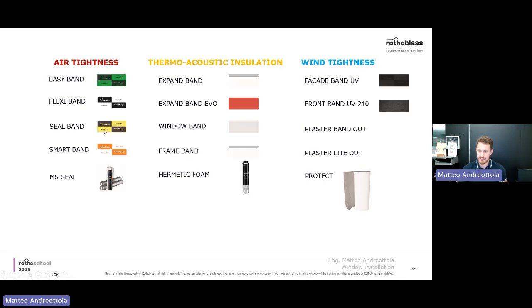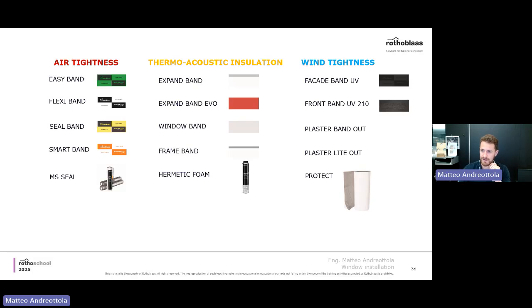I would like to point out some of the ones that are potentially more interesting. Seal band is interesting because it's a tape made of paper, so it's very easy to rip with just your bare hands. That's a very simple one. Don't use it on the outside because it's paper based and it wouldn't work. If you want to use something on the outside, you can potentially use FlexiBand. This one has the main characteristic of having a lot of glue, which is very good. The FlexiBand is one of the most interesting products, but it may not be the best choice if you have a lot of heat, for example.